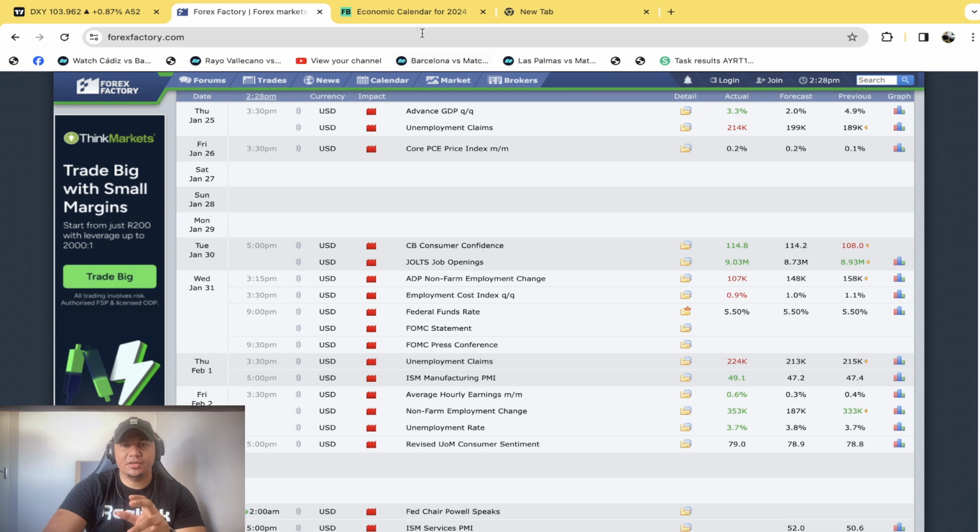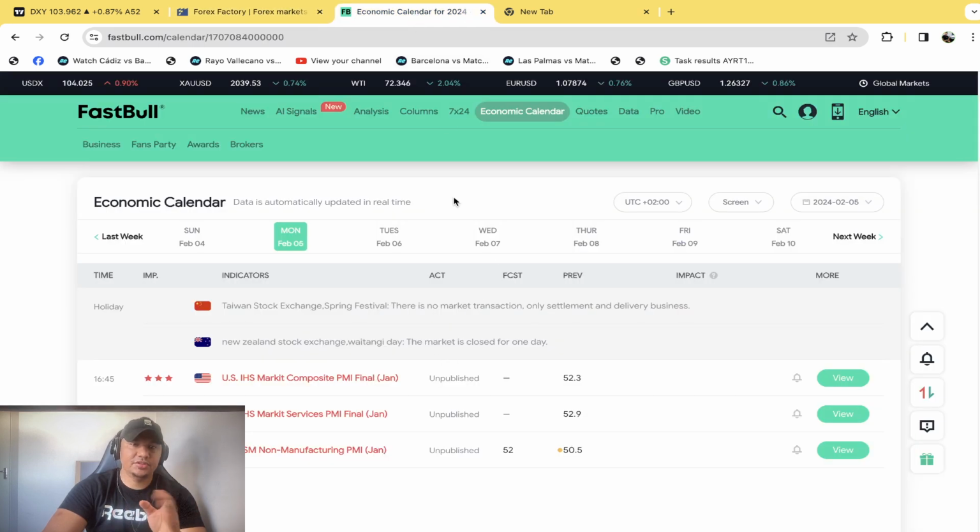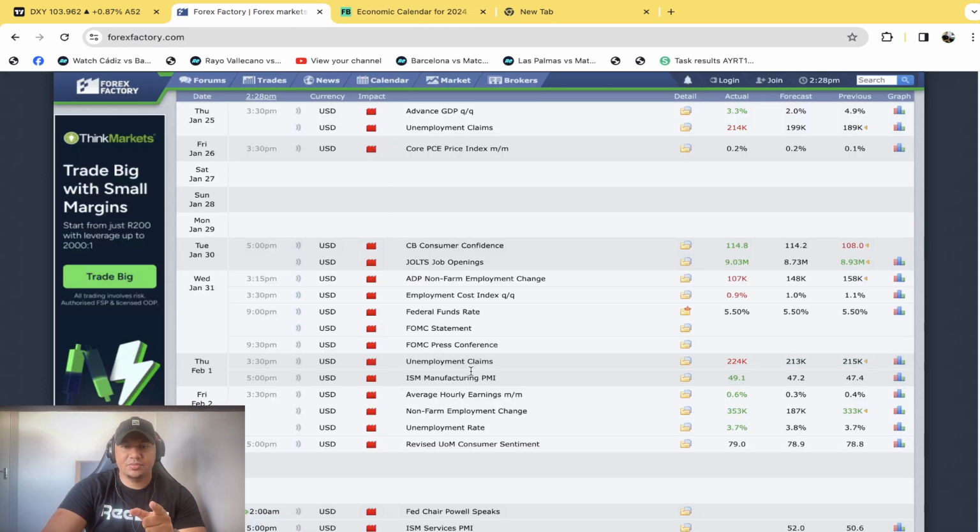Two things I want to speak about before we get over to the news events that are taking place this week. We had the interest rate decision by the Feds come through. It was kept stable at 5.50%. And then the NFP, the unemployment rate, was also kept stable at 3.7%. There was an increase in jobs, not only beating the Dow Jones' expectations, but it also came through higher than the previous month. The average hourly earnings also increased by 0.6%, up from 0.4%.